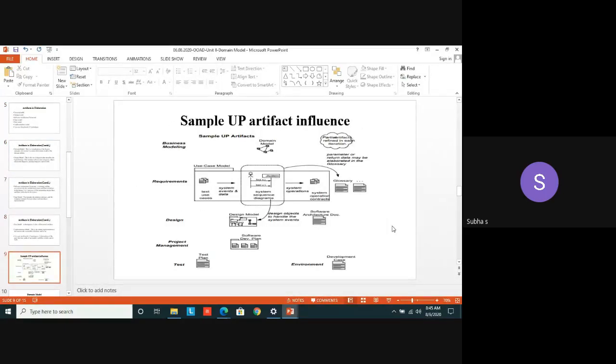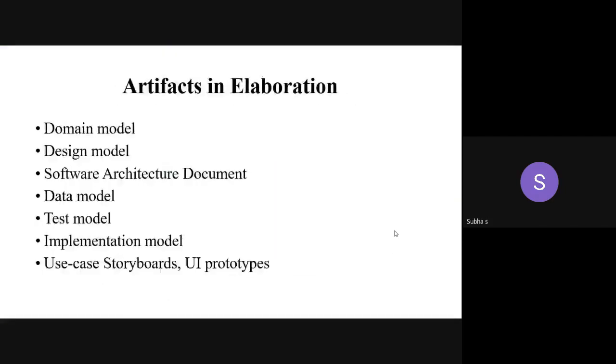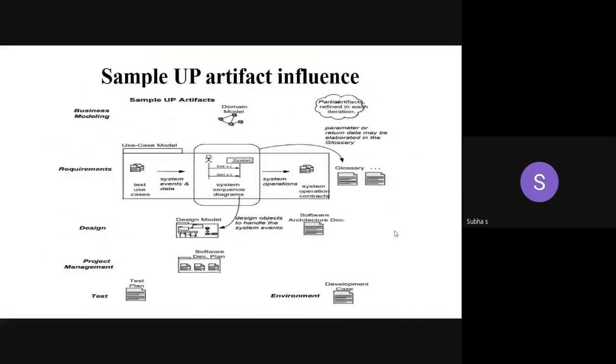Let's see this one example. This is a sample artifact. UP. UP means what? Unified process. Yesterday in the video they mentioned one term called what? RUP. RUP means Rational Unified Process. As we have the Rational development, we are calling it the Rational Unified Process. Yes. So this is a full representation of all the artifacts.